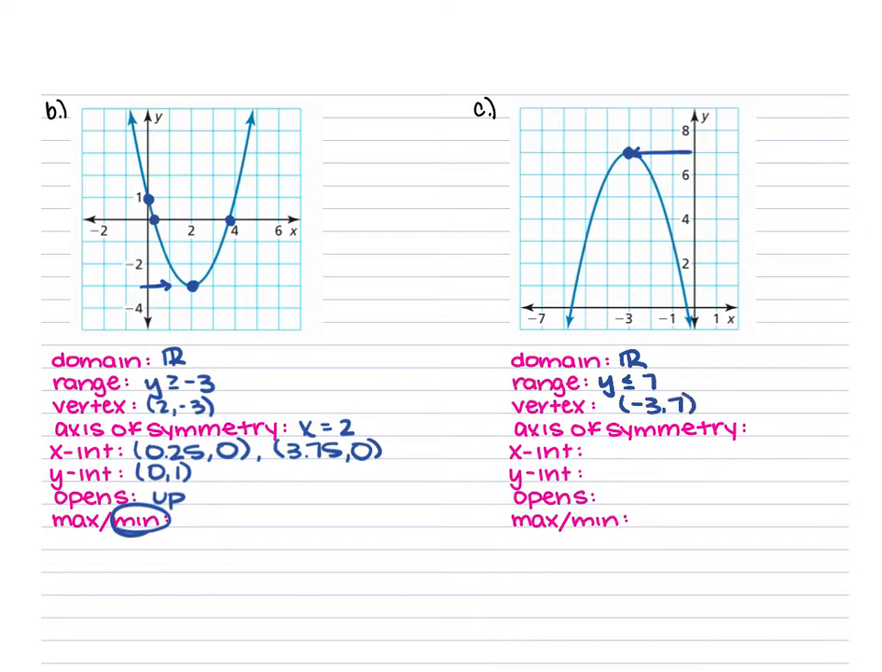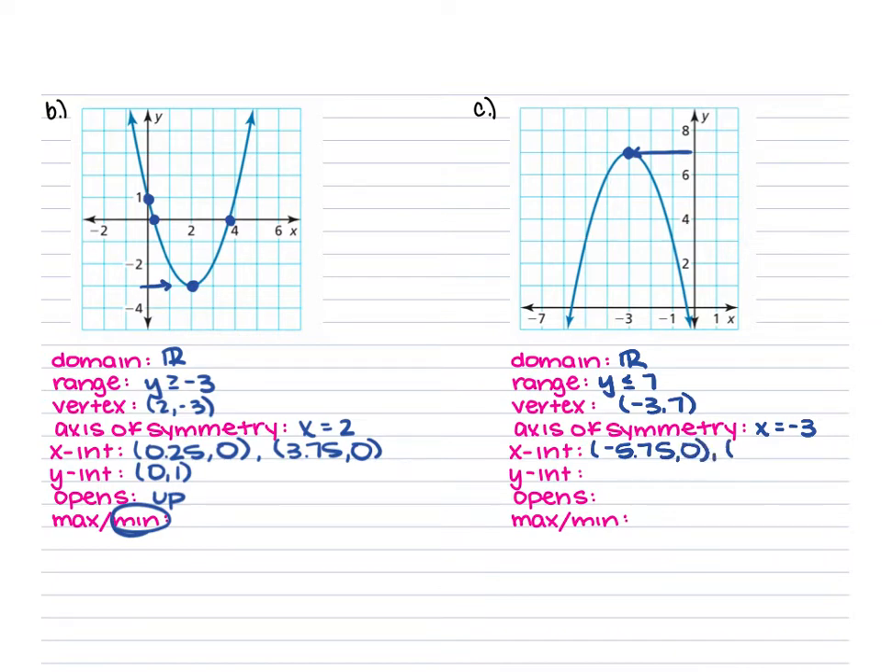Our axis of symmetry, remember, x is equal to the x value from our vertex. So x is equal to -3. Your x-intercepts, we're just going to estimate these. We're going to have -5.75, 0,